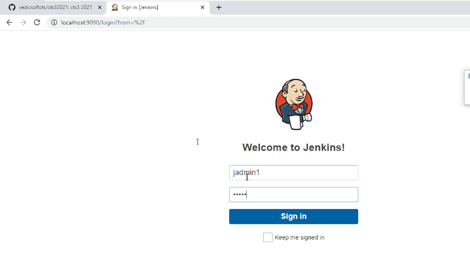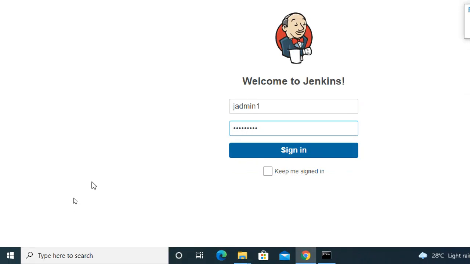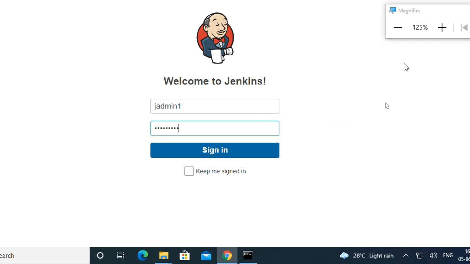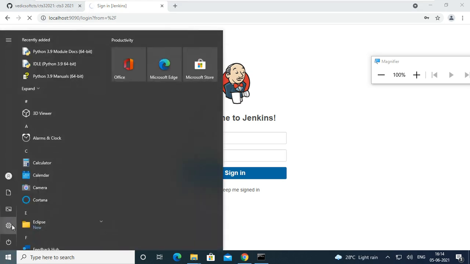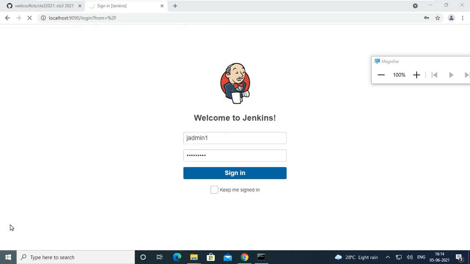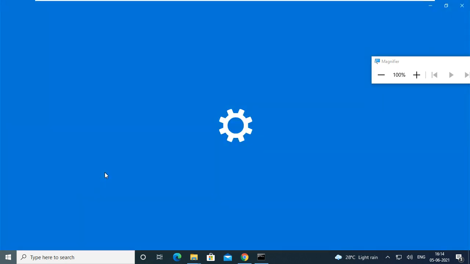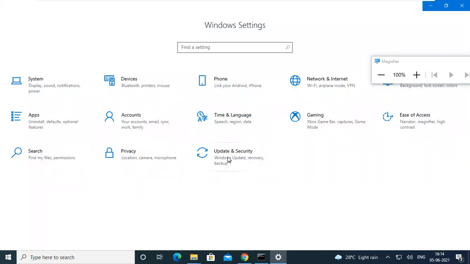Yesterday I told you I got a problem because of some updates, as happened here. My Windows updates were going on in the background, so that's why the entire system got slow. I installed all the updates and restarted the PC, then the problem was solved. So always, if you feel your system is getting slow, don't blame other things.